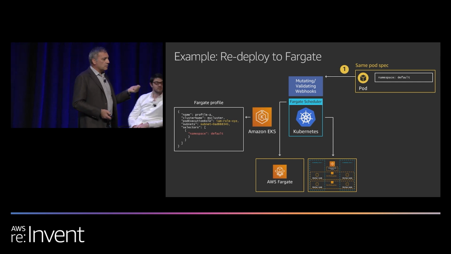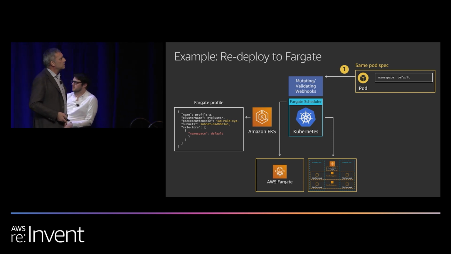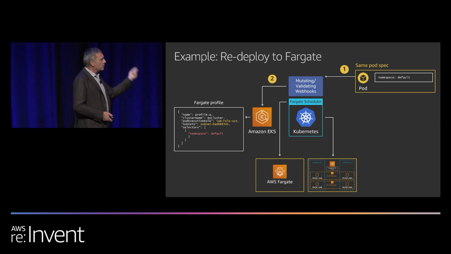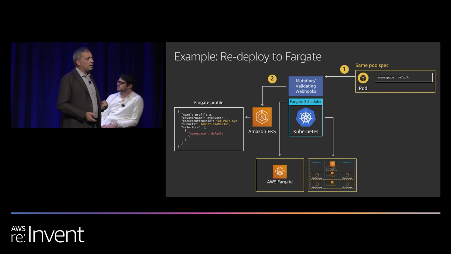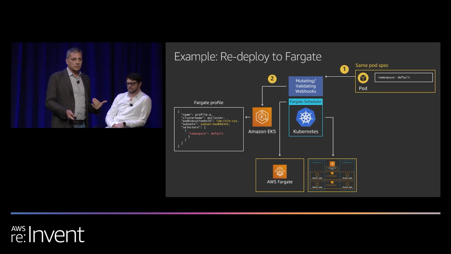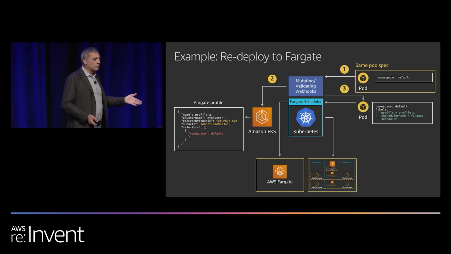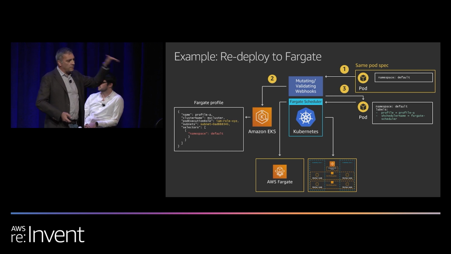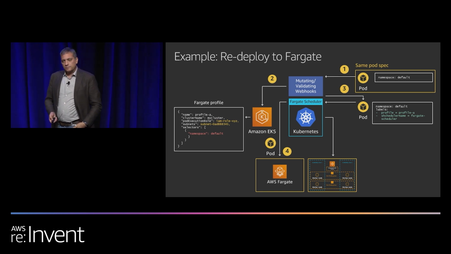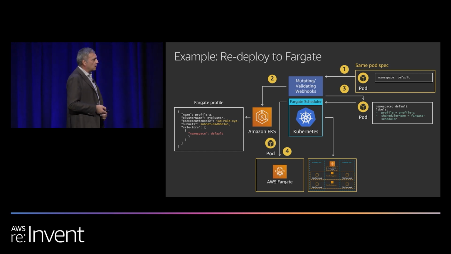If I come in again, either I kill that pod or I come in again with the same pod spec, as you can see on the top right-hand side, and I deploy that pod, it goes through, give me the list of Fargate profiles that you have. It will give you that list, and the mutating webhook will say, oh, there is a match here. So let me mutate that pod spec on the fly to insert the Fargate profile name and the custom scheduler, send it to the custom scheduler, send it to Fargate. Okay? So that is how the mechanic works.